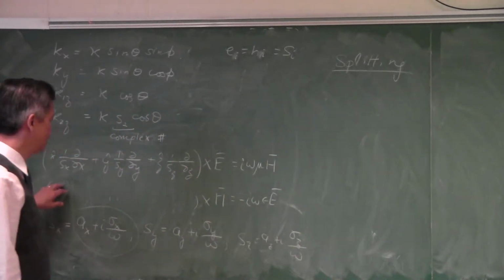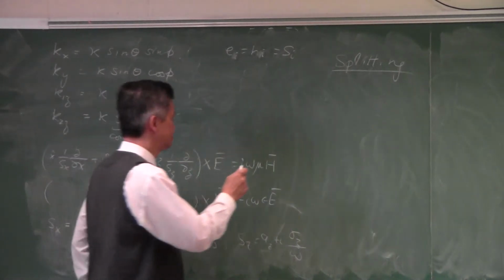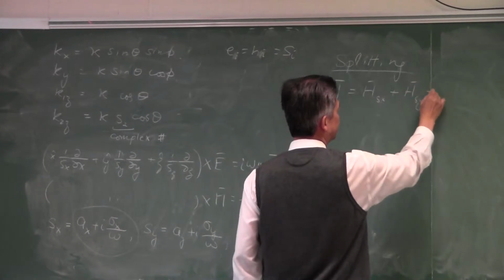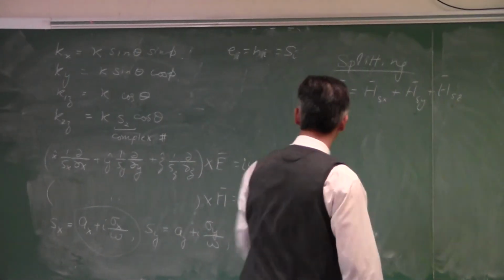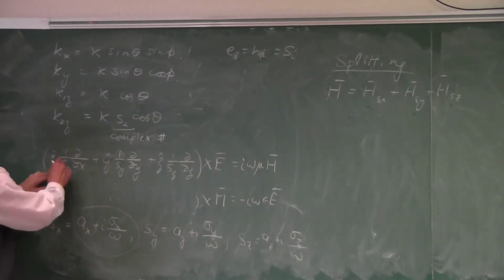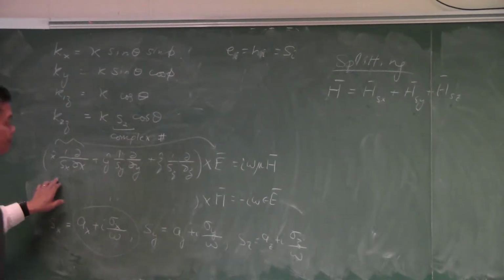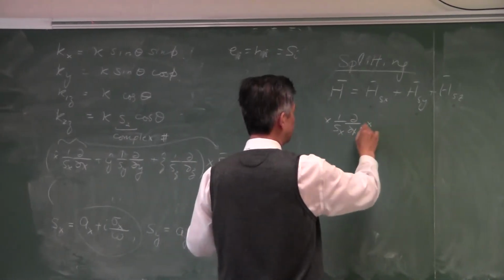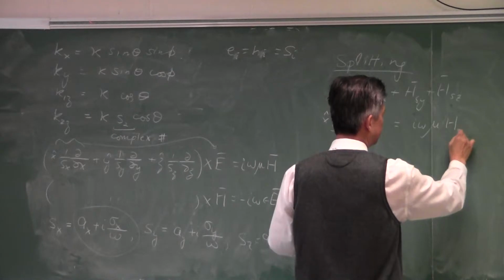So what you do then is to actually write Maxwell's equations in three equations for each of them, so you get actually six equations in total. So I divide H into Hx plus Hy plus Hz, where these mean transverse to x, transverse to y, transverse to z. If I look at this first term, the cross product of this with this must produce a transverse to x term. It cannot have any x component. So I conclude that x (1/Sx) partial x cross with E must be equal to